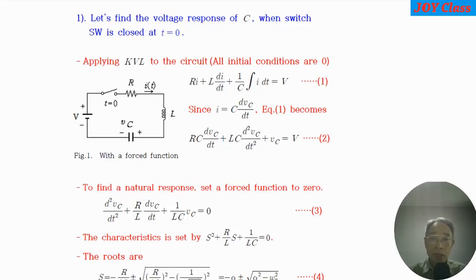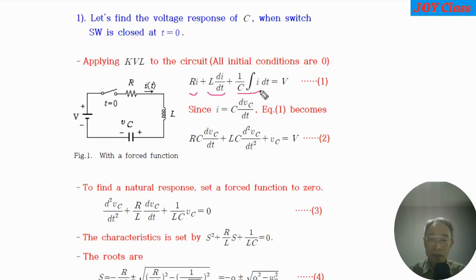In this lecture, I will show you the behavior of capacitor C in an RLC series circuit. Let's find the voltage response of a capacitor when the switch is closed at t equals 0 in figure 1. Applying KVL to the circuit, with all initial conditions 0, we have Ri, the voltage drop of a resistor, a reactance, and